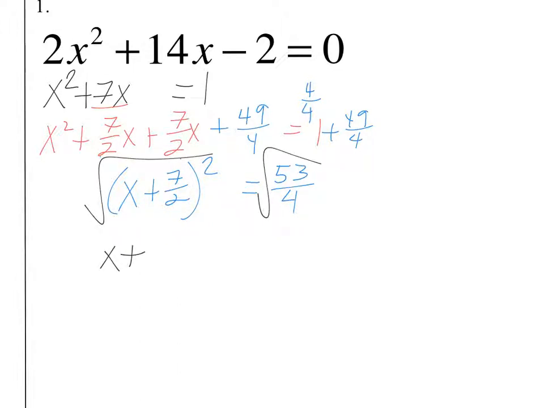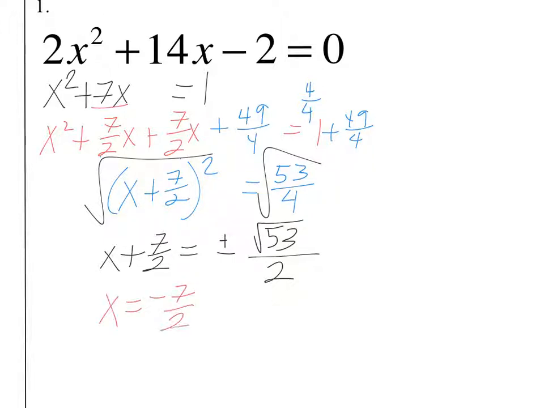We get x plus 7/2 is equal to plus or minus the square root of 53 over 4. The top of that can't be reduced. However, the square root of 4 could be written as 2. Okay, and finally we can get x is equal to negative 7 over 2 plus or minus the square root of 53